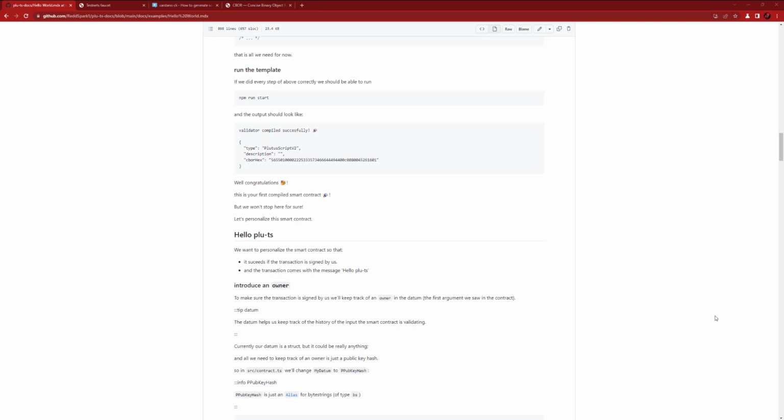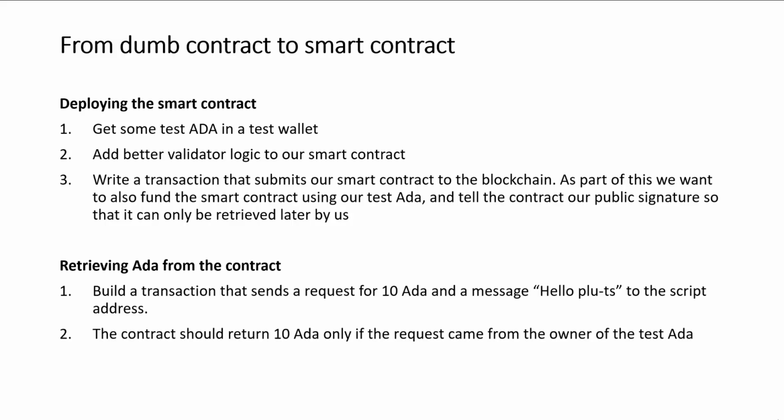That's all I'll say on that for now. I might do another video on explaining the fundamentals of Cardano and how smart contracts work on Cardano. But I don't want to say too much now in case I get my facts wrong. Okay, before we get into the second half of the Plu-Ts tutorial, I thought I'd just give an overview of